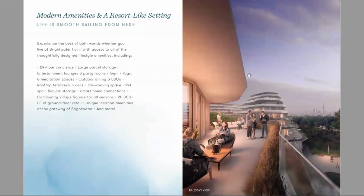Talking about the amenities in the buildings: 24-hour concierge, large parcel storage, which in these post-COVID times is very relevant. I have Amazon stopping at my house every day. You're going to have your party room, your lounges, gym, yoga, meditation spaces, outdoor dining, barbecues, rooftop terraces, co-working spaces, pet spa, a great place to clean your pets, bicycle storage. We talked about the smart home connections,